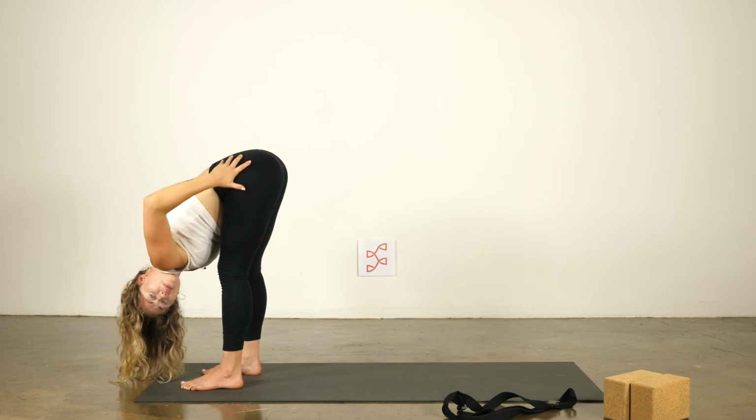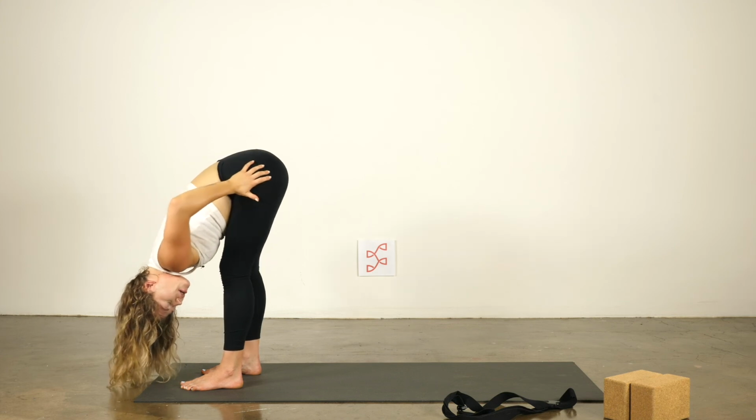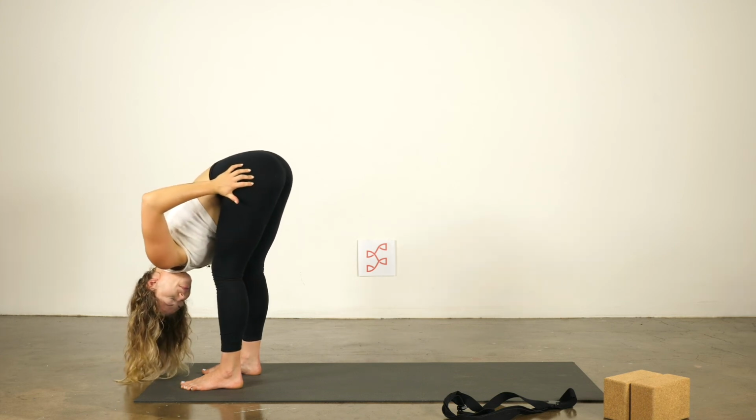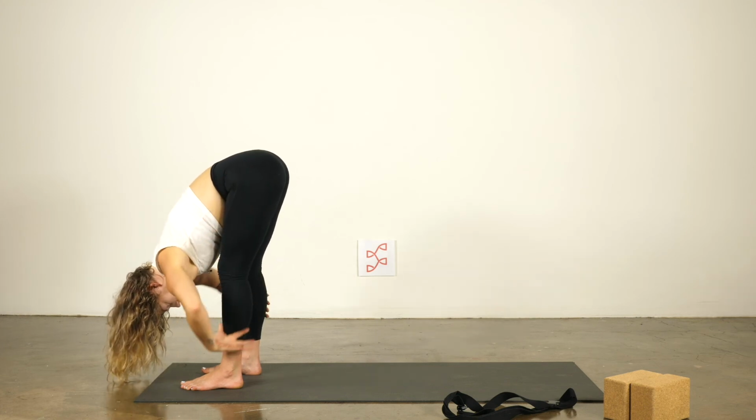So it's a slower process. Paying close attention to the origin, the root of your hamstring, that place right underneath the glute, making sure it's safe. And then